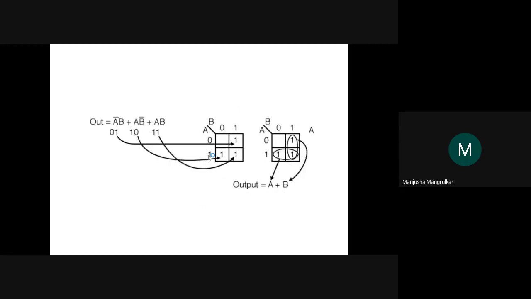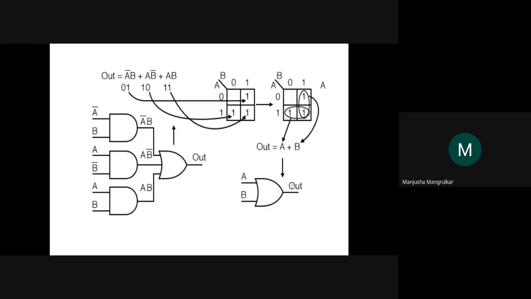These examples we have seen already. This is a plus b. The 1 a complement b is 1 1 1. So we'll do the grouping of this. So definitely we'll get the answer of a plus b, for this is the two variable.